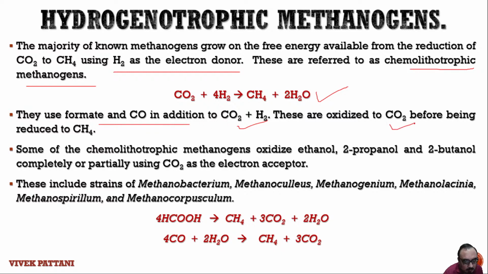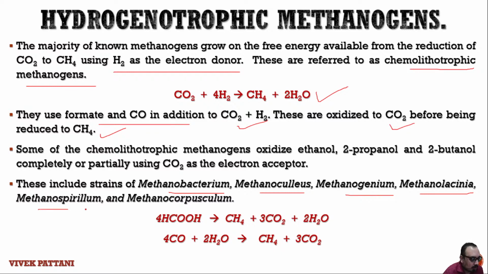They are oxidized to carbon dioxide before being reduced to methane, and some of the chemolithotrophic methanogens oxidize ethanol and propanol to butanol, completely or partially, using carbon dioxide as the electron acceptor. Some examples of the hydrogenotrophic methanogens include Methanobacterium, Methanoculleus, Methanogenium,